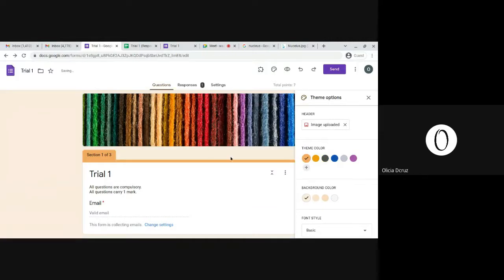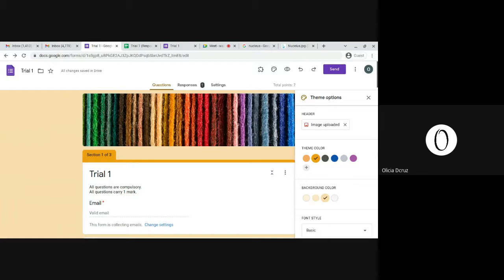After that, I can select the theme color, what is good according to this. So if I click on this, you can see this color of section is changing. So I can select whichever color I want, whatever you feel looks good. So depending on what color you're selecting here, your background colors are also changing. See, in the next option, there are background colors. So if I select this as the background color, my background has become a little darker.